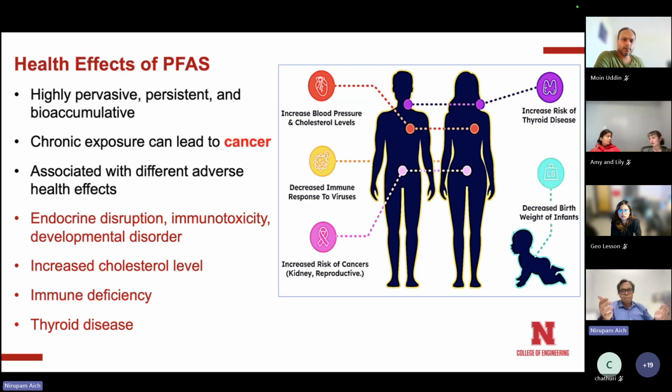Second issue is that when they start building up, they will create problems. They will change the structure of the tissue, the structure of the cell, DNA modification will happen, and that creates cancer. Okay, chronic exposure can lead to cancer. There is a lot of history, so you can see a lot of diseases that can happen, like thyroid cancer, which is one of the most prevalent ones. Issues to the reproductive system in both men and women are a major issue that is connected to PFAS. Then you have developmental disorders in a child, like decreased birth weight.